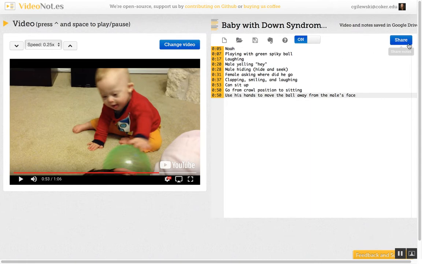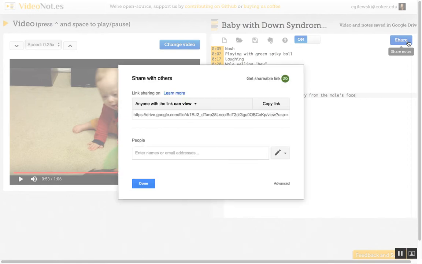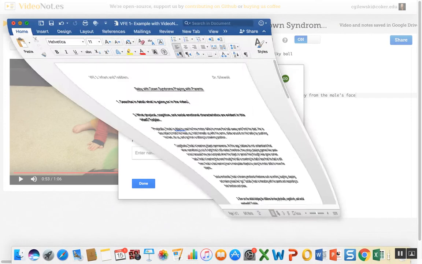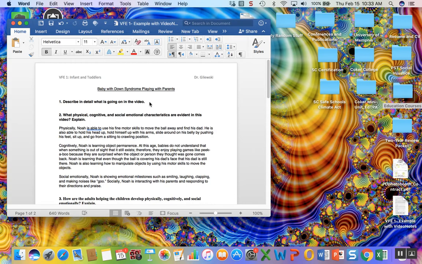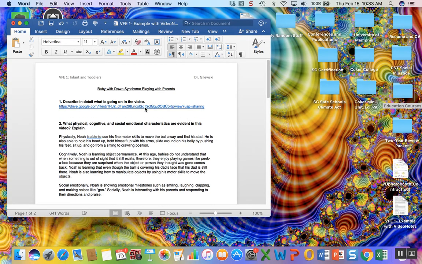So now all we have to do is come up to share. And we are going to copy this link. So we want to keep it on anyone with the link can view it. So we're just going to copy and paste that link, and we're going to come over into our notes. And the only thing we're going to do is copy and paste that link in. Now make sure that it does light up as a hyperlink, so when I click on it, I can access